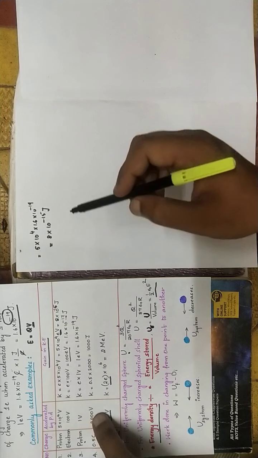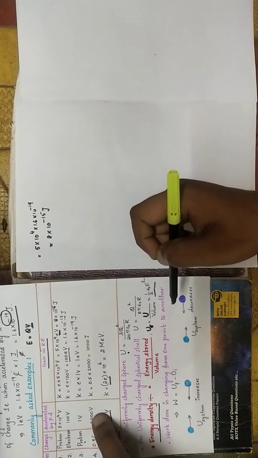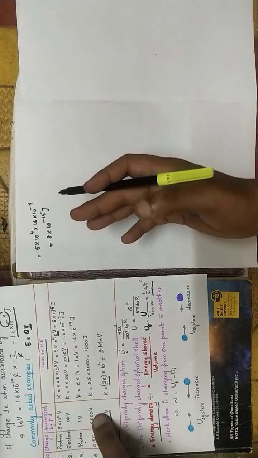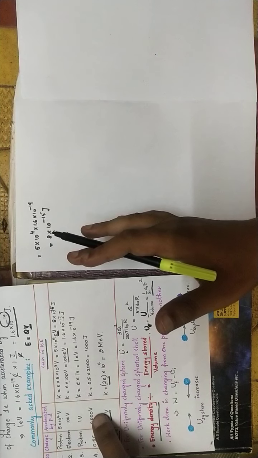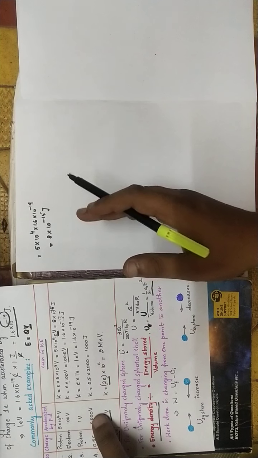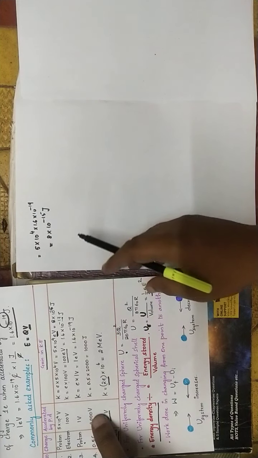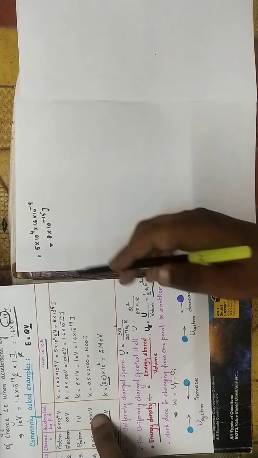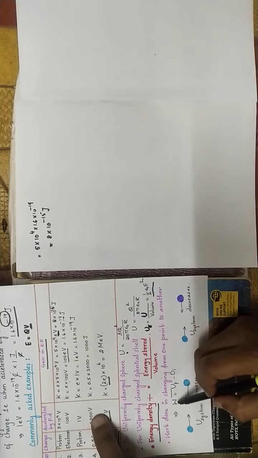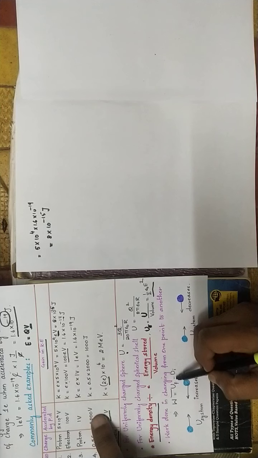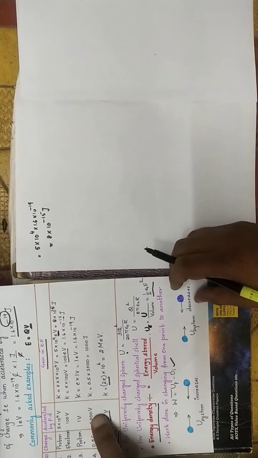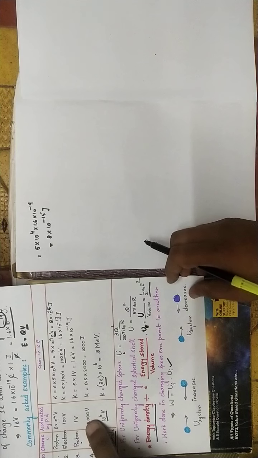I have some two note points here. If a charge is moved from one position to another, the potential energy is going to change from that point to the other point. The work done in changing from one point to another is the final potential energy minus the initial potential energy. Most of the numericals also have this formula applied.